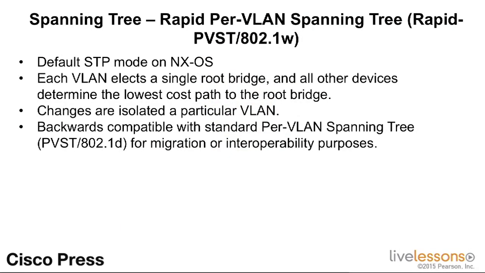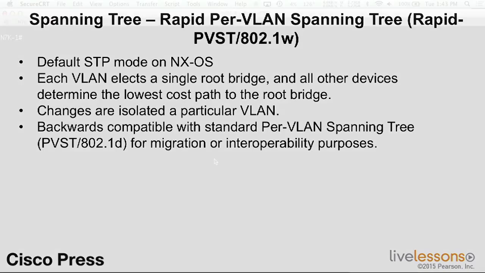So first, we're going to cover rapid per VLAN spanning tree. This is the default STP mode within NX-OS and on the Nexus 7000 switches. As the name implies, in rapid PVST each VLAN elects a single root bridge, and all other devices determine the lowest cost path to the root bridge. With rapid PVST, topology changes are isolated to that particular VLAN. One additional characteristic worth noting is that 802.1w is backwards compatible with standard per VLAN spanning tree for migration or